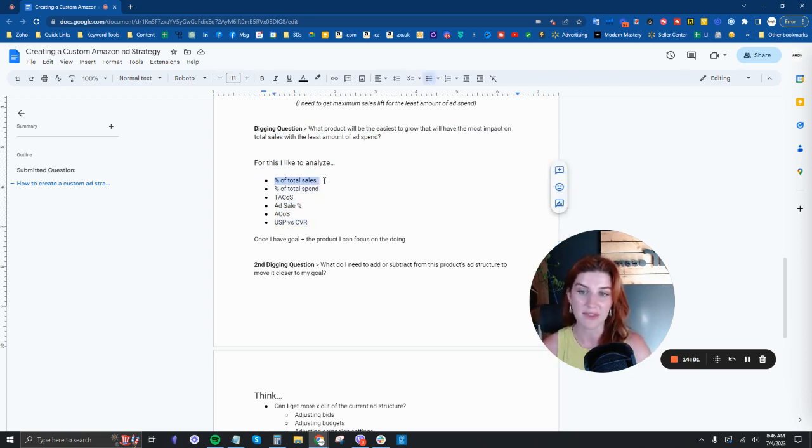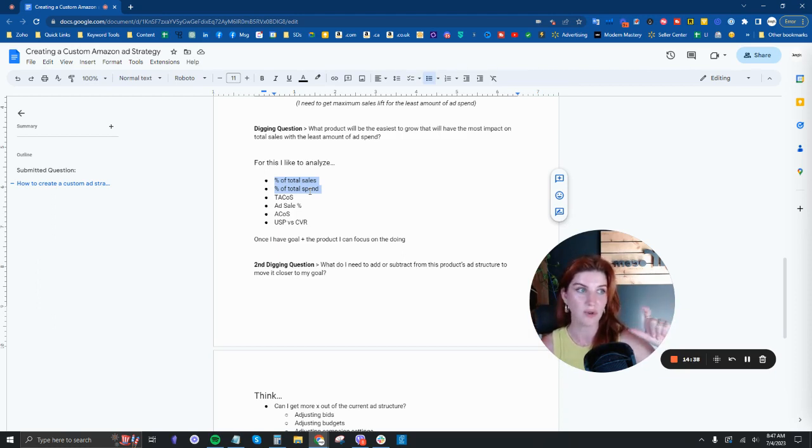So I like to look at the percentage of total sales, meaning what percentage of the total sales does this particular product make up? Then I like to look at the percentage of total spend. What percentage of the total spend is being allocated to this product? The highest percentage of total sales and the highest percentage of total spend are going to have the greatest impact on my account. So again, we're looking for the best moves, which are going to be the ones that move the needle the quickest. So if something has greater impact on the total account performance, then moves you make on those products